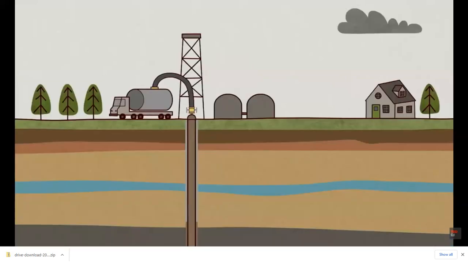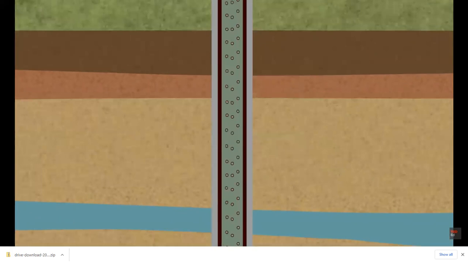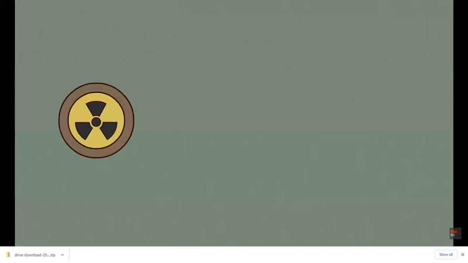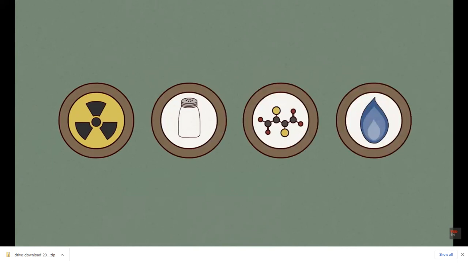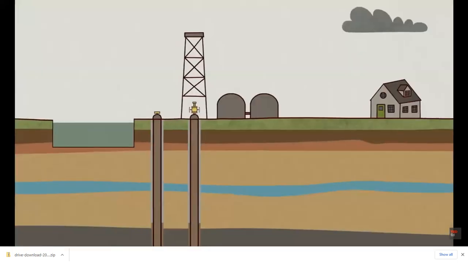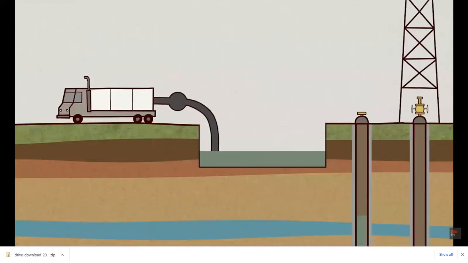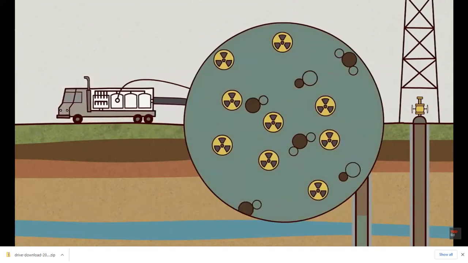And disposing of used fracking water is also an issue. Along with the trapped gas that's pumped up to the surface, millions of gallons of flowback liquid come gushing up. This liquid, containing contaminants like radioactive material, salts, heavy metals, and hydrocarbons, needs to be stored and disposed of. That's usually done in pits on site, in deep wells, or off-site at water treatment facilities. Another option is to recycle the flowback liquid, but the recycling process can actually increase levels of contamination since the water